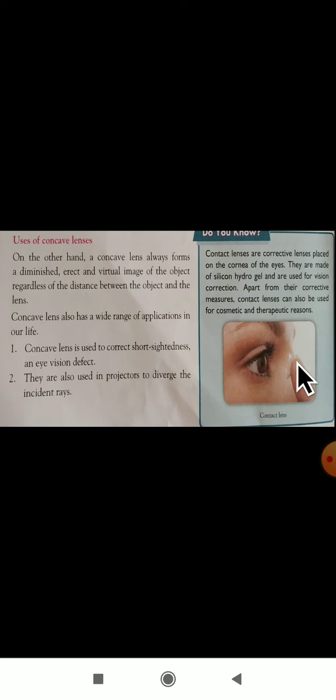Dear students, in the next video class we will study sunlight and Newton's disk. Till here I will stop this lesson. Again we will see in the next video class. Till then, read the lesson. If you get any doubt, you can contact me. In the next video class I will complete this chapter and I will send the exercise part. This time we are going to write only the exercise part. No need to write the checkpoint. I will send the exercise part and you write and study it.